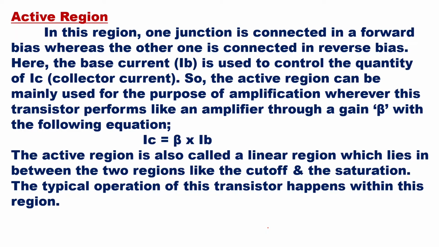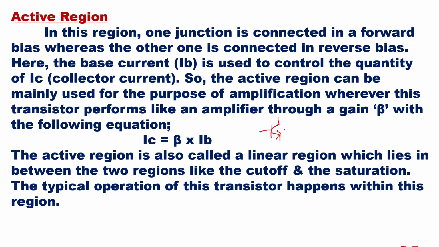Now, beta gain we speak of when the transistor is connected in common emitter configuration. With the following equation, you can use this. That is, the collector current in that case will be the output current, that is beta times the base current. So in that case, the configuration will be common emitter. That means if you draw the circuit, so you can see here, if you draw the circuit, it will be drawn like this.